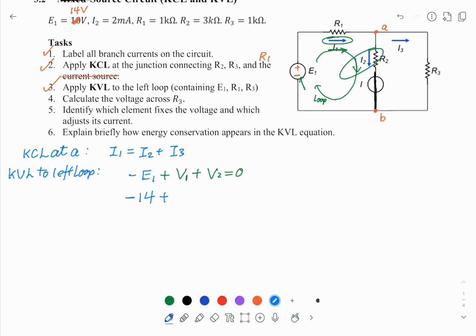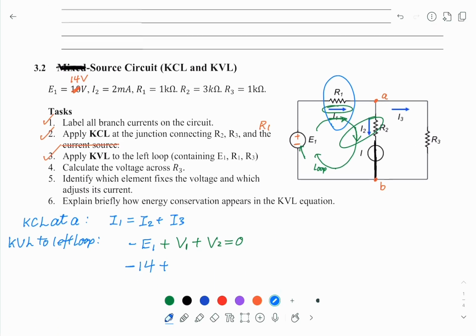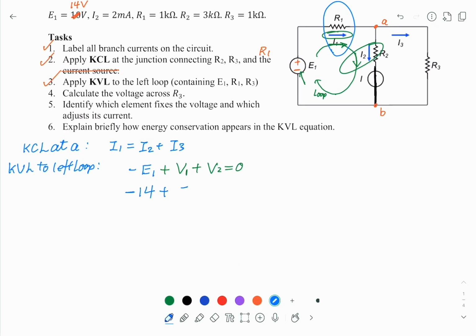Plus V1. How do we calculate V1? V1 is the voltage rise in our analysis across R1. So it's I1 multiply R1. R1 is 1k ohm. Now here I only put 1k. I don't put the unit, but keeping the prefix is important. I put a bracket, so this is V1, the voltage rise across R1, plus